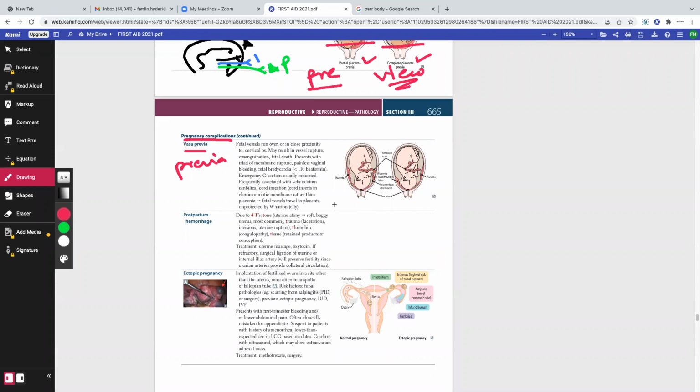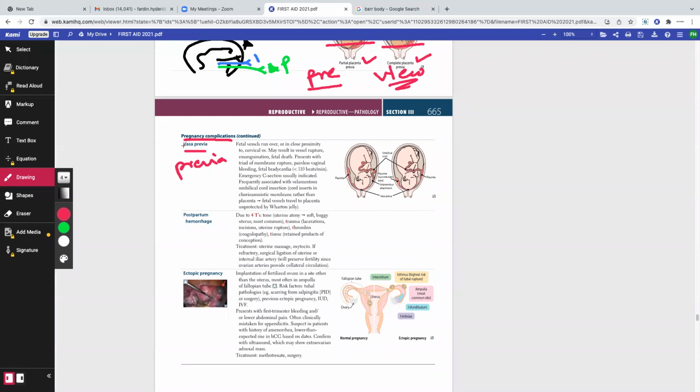Why? Because isn't there a possibility that when they come out, they can rupture the umbilical cord and the umbilical blood vessel? The answer is yes. And can they also have umbilical cord suspensions around their neck? Yes or no? The answer is yes. Okay, so that's that.